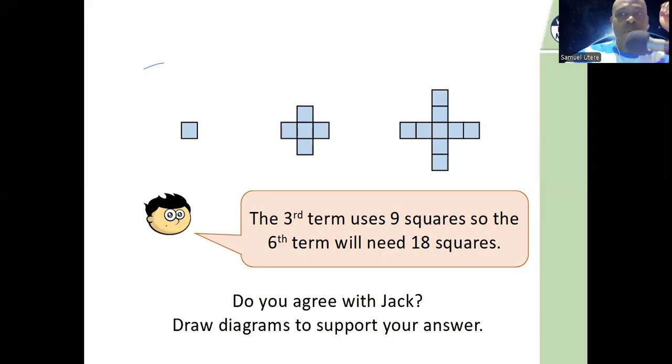Well, remember what we've learned, the skill we've learned so far. You identify the rule. So I've introduced a new word. You need to remember the word, or you describe the sequence, and then you use that description that you think is absolutely right to predict what comes next. And that is what you stick to. All right. So that's what we're going to use to check whether Jack is right, whether we're going to agree with Jack or not. So if we draw diagrams,